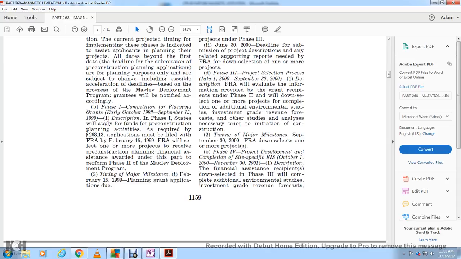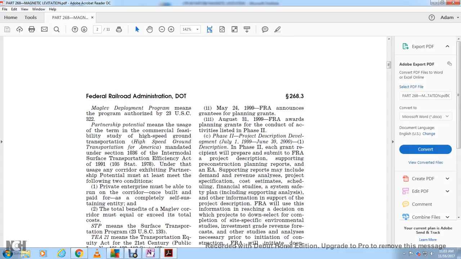Timeline of major milestones. First, February 15th, 1999, planning grant applications due. Second, May 24th, 1999, FRA announces the planning grants. Third, August 31st, 1999, the FRA awards the grants for the conduct of the activities listed in Phase 2. Phase 2, project description development, July 1st, 1999 to June 30th, 2000. Description in Phase 2: each grant recipient will prepare and submit to the FRA the project description supporting